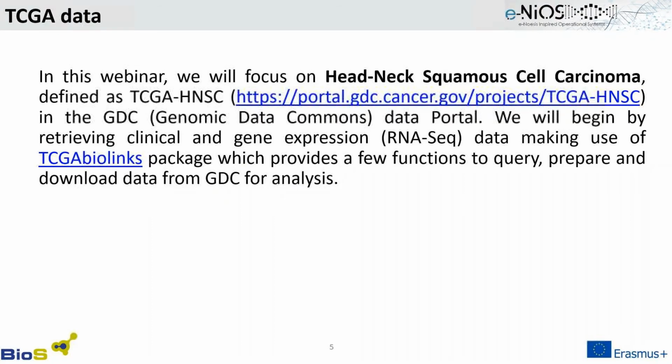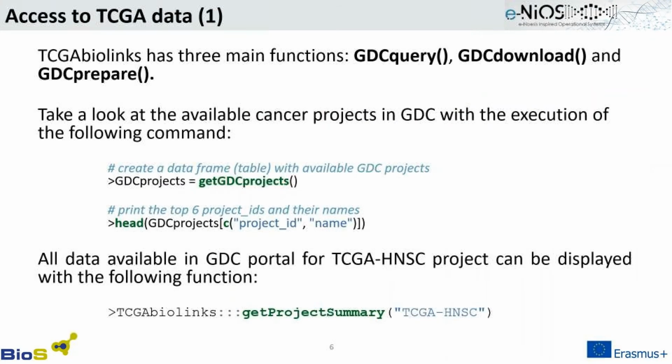Let's begin our analysis by querying the GDC portal for RNA-seq transcriptome data regarding our project. The first function of TCGAbiolinks we need to make our query is GDCquery, and we request the GDC portal to search for deposited RNA-seq transcriptome data in HTSeq counts summarized at gene level, assigning accordingly the arguments as you can see here. In case our study is valid and there are available data for downloading, we can list the candidate tables with the use of the getResults function, giving as query argument our query data frame, and as cols